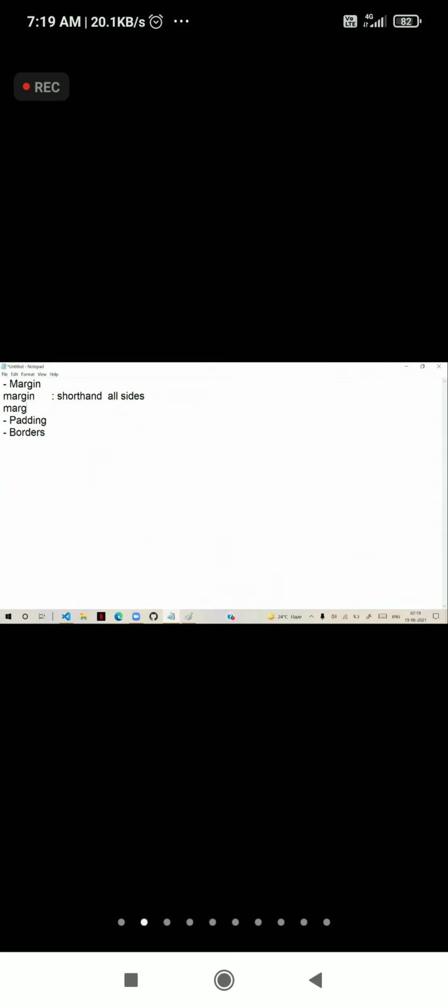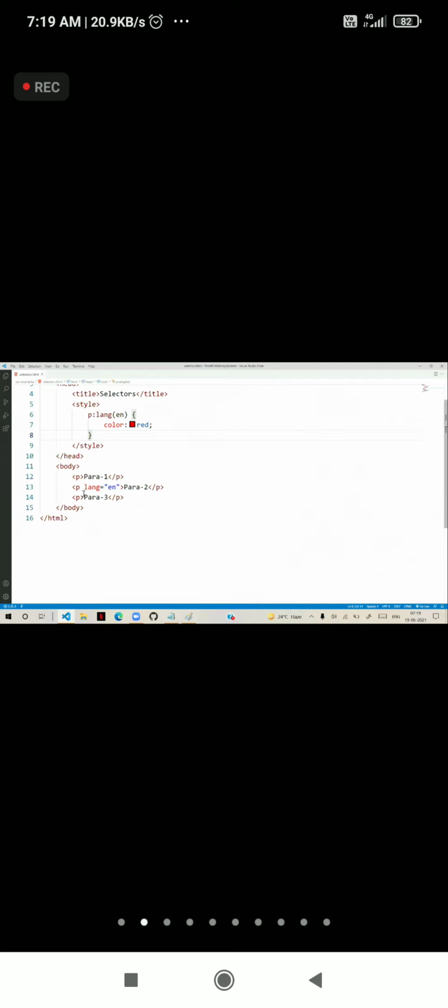We have separate ones like margin left, margin right, margin top, margin bottom. We can apply the margins in this way: only left margin, right margin, top margin, bottom margin. Or if you give margin, it will apply to all. So you can give all sides, or any specific side.